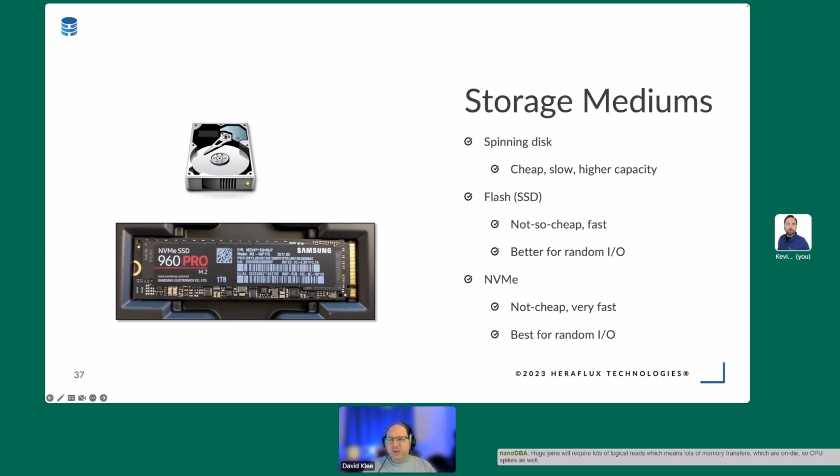The latest generation of the stuff out there is called NVMe, or non-volatile memory express. It's not cheap, but it's ultra fast, and it's fantastic for random I/O. So if you're buying a desktop or a laptop, you're probably going to have an NVMe drive, at least to boot off of. Servers, we may not be that lucky. So just understand what's actually underneath this, and that gives me an idea of how we can actually start to